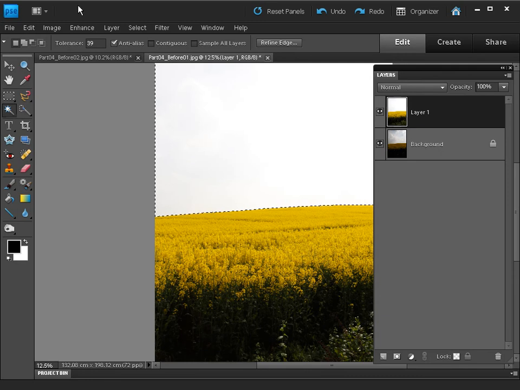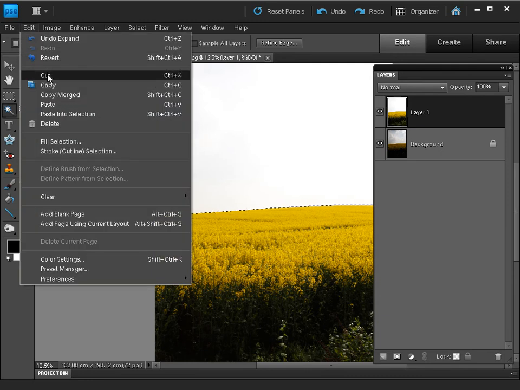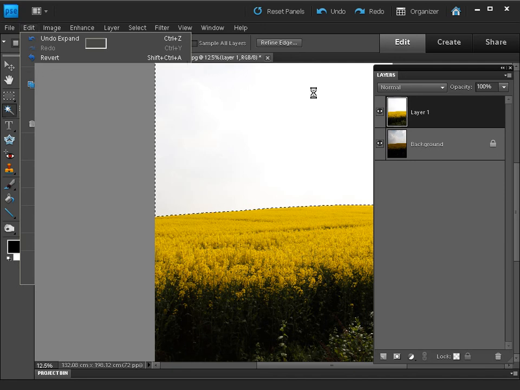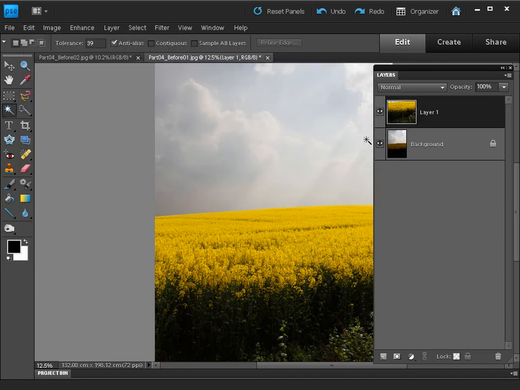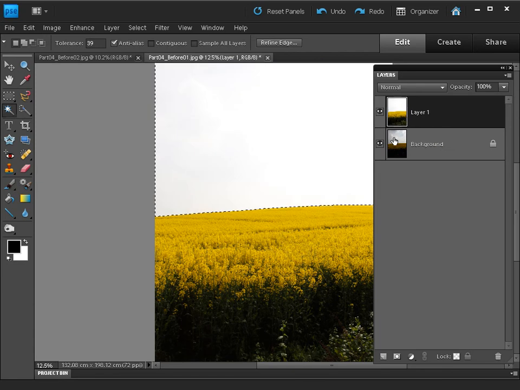Now what you could do is you could simply go to Edit Cut if you're using older versions of Photoshop Elements like 8 or 7, and that will cut the sky and remove it to reveal the sky on the layer below. Alternatively, I'm going to undo this, and if you've got Photoshop Elements 9, here's an alternative technique. Go to Select Inverse,